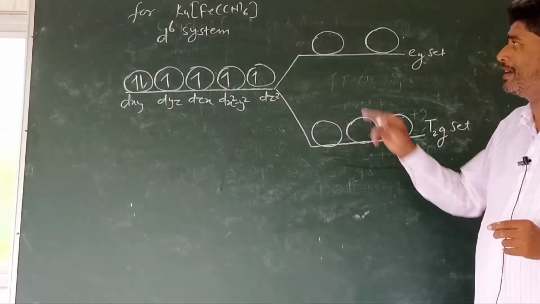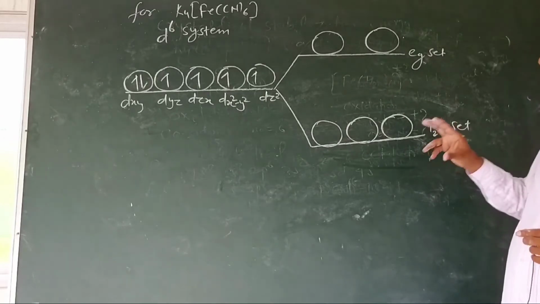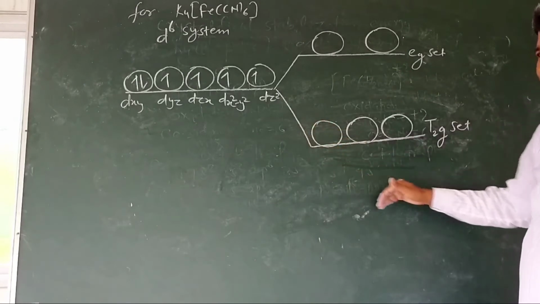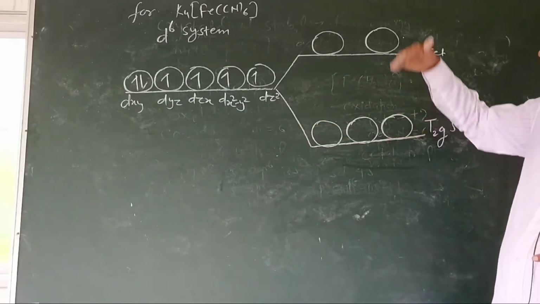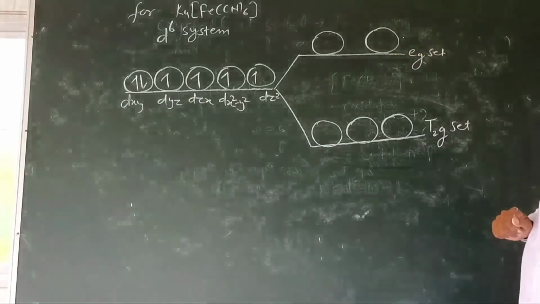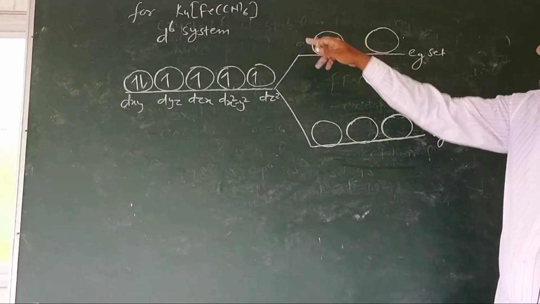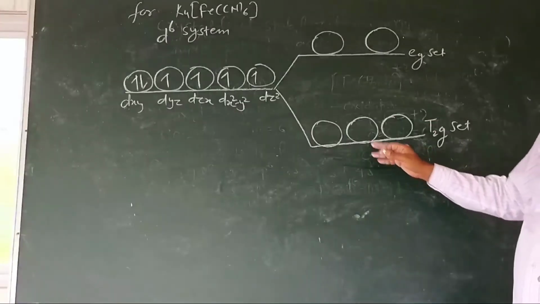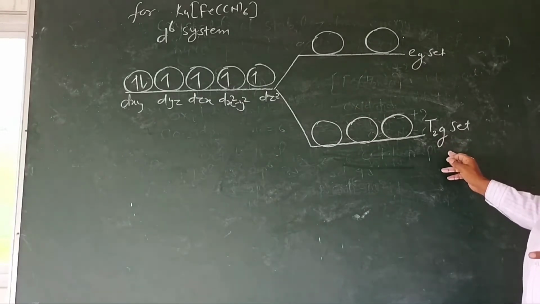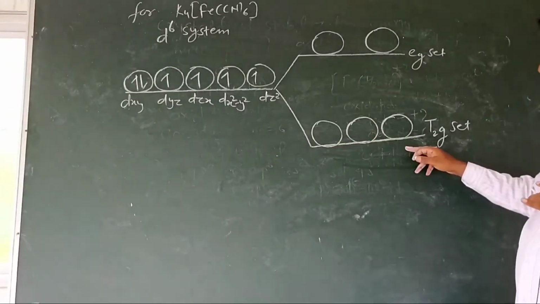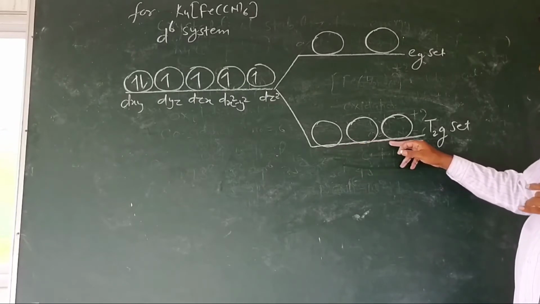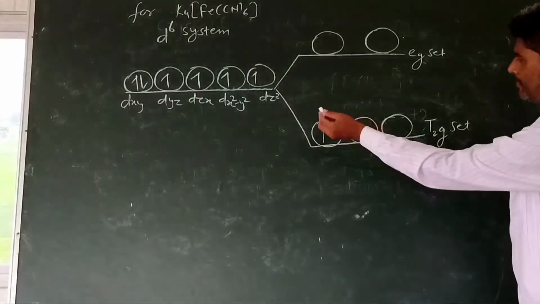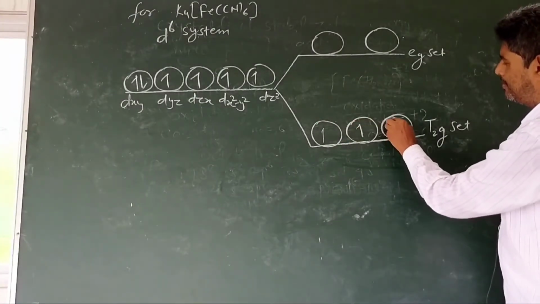One thing more here, our ligand is strong. If the ligand is strong, the lower energy level is filled first, and remaining electrons enter the upper energy level. Our ligand is cyanide here, so the lower energy level will be filled. Initially, electrons will prefer the low energy level. It is degenerate, so electrons will enter singly with parallel spin according to Hund's rule. First, second, third.